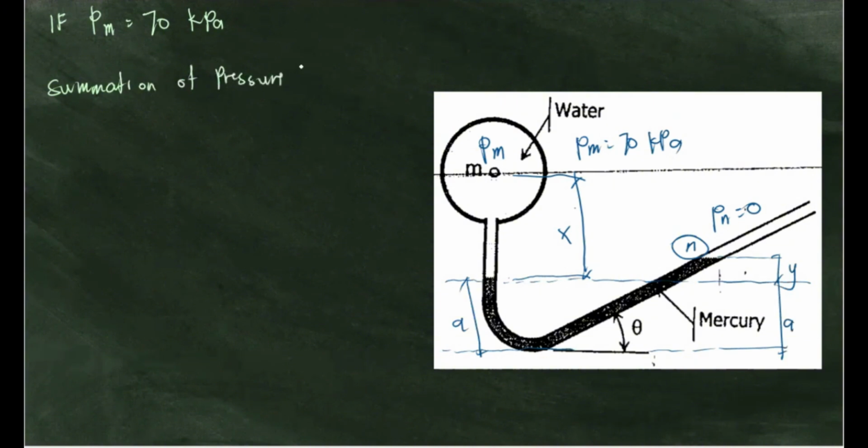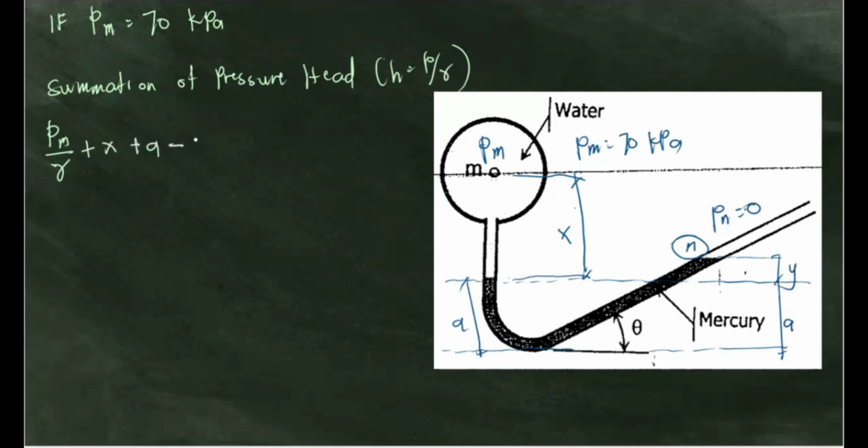We know that pressure head H is equal to P over gamma. So let's sum everything: P sub M over gamma, then plus X, then minus A distance, then plus A